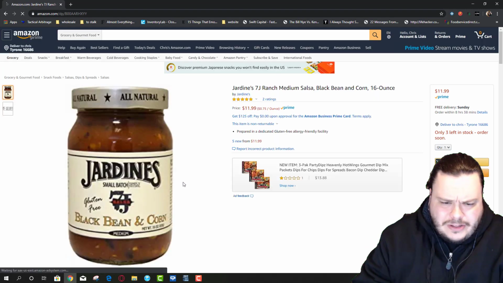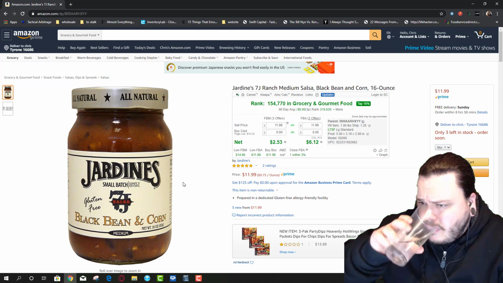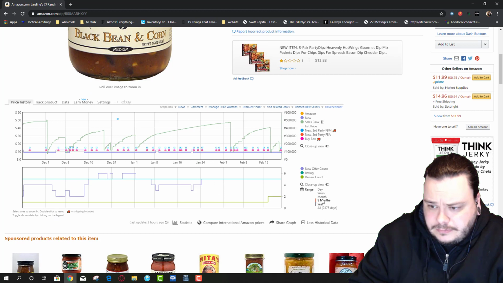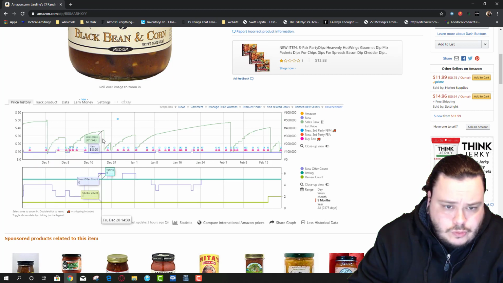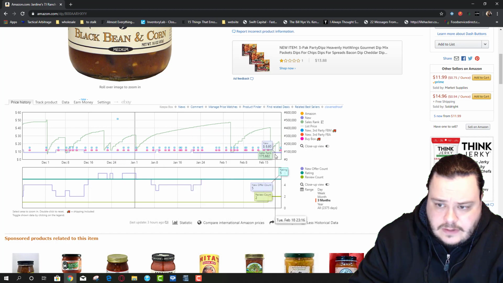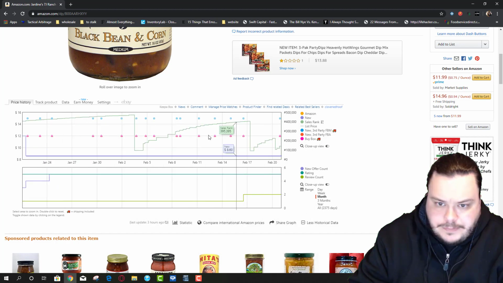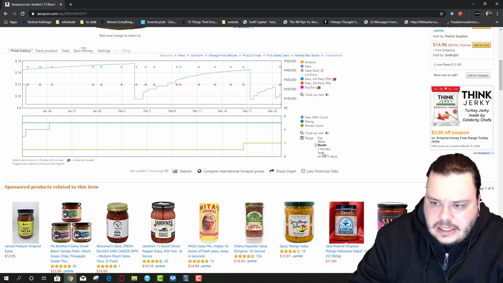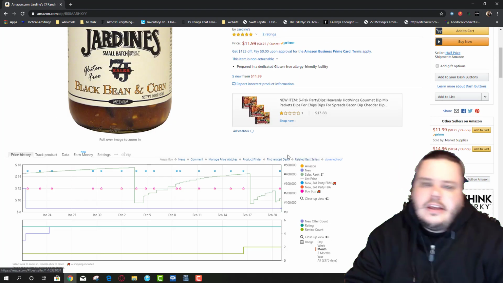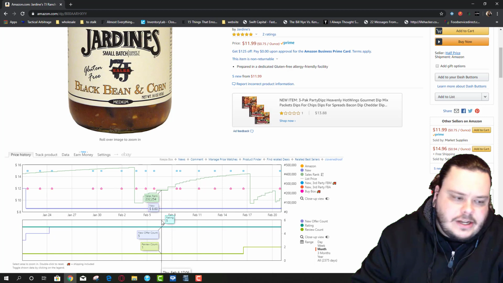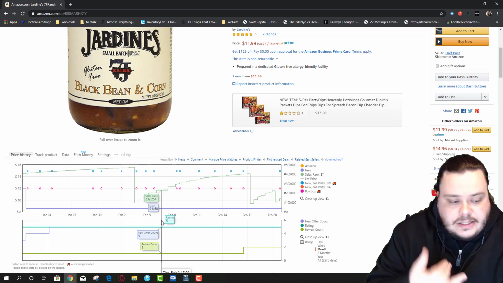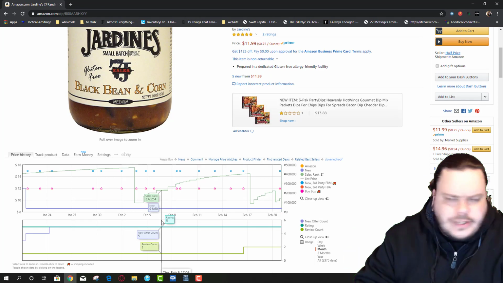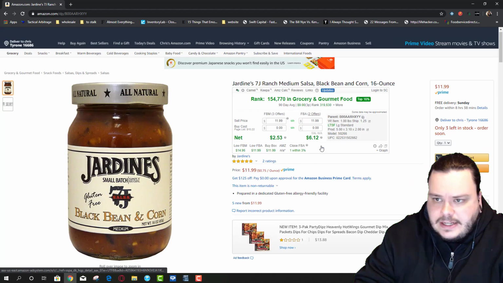Okay, so we got this Jardines black bean corn. I do not have a price on this. In 3 months, this has sold 1, 2, 3, 4, 5, 6, 7, 8 times, 2 to 3 times in 1 month. So I'm just counting these. Now, this is the sales chart that I look at to be most accurate when I'm trying to estimate sales. We definitely are going to have some stuff on here with more consistent sales, where we're going to see different ways that the rank goes up and down. I'll of course point those out, but this is pretty basic.